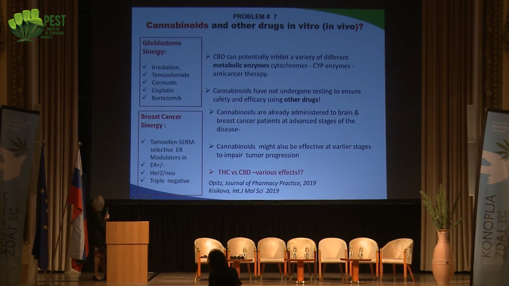And here, what has already been shown in the literature is that cannabinoids, CBD, for example, is synergistic or not, but it can be combined with different types of therapy that are used for glioblastoma. These are chemical or small drugs, small molecules. And also in breast cancer, we are now investigating tamoxifen, which people have also been wondering if it is compatible with cannabinoids because the receptors are similar and can interact. But we have found just the other way around.